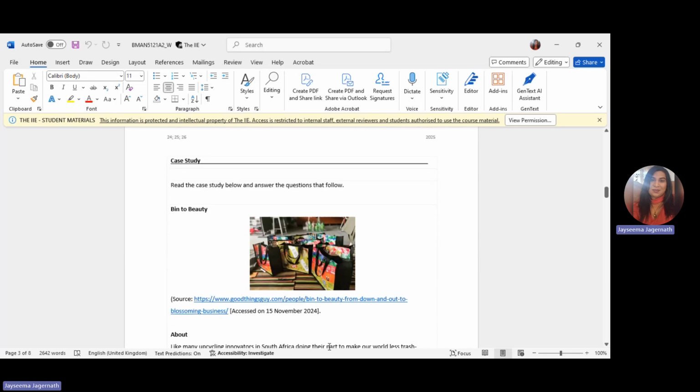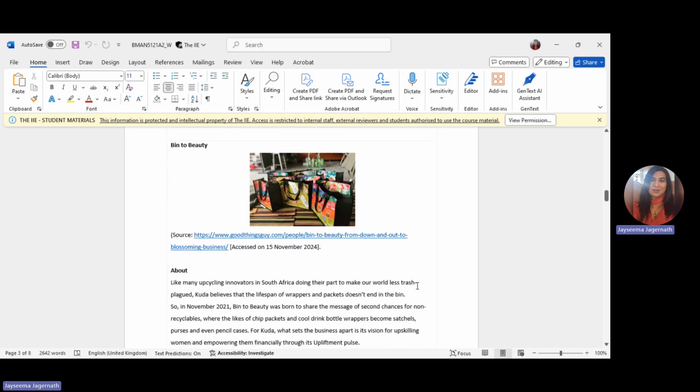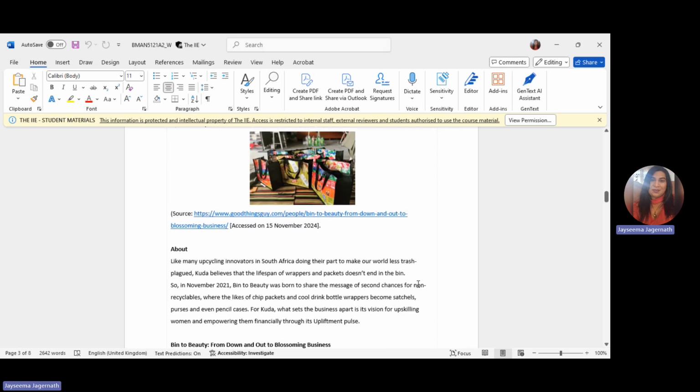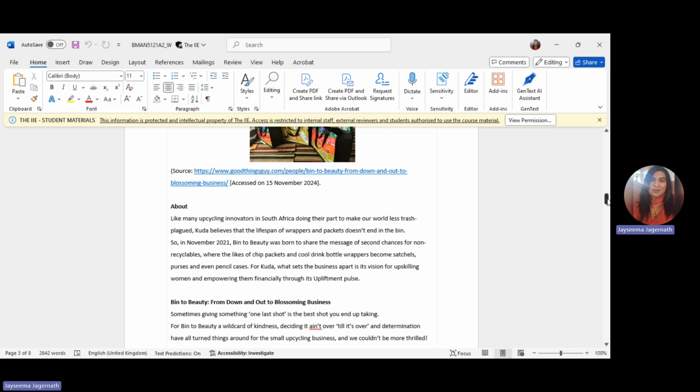And something that's really good is that we use the same case study like we did in assignment 1. So you should be quite familiar with the case study. Just the questions now are different. So we're still looking at Kuda's bin to plastics or bin to beauty, and the questions that follow relate to